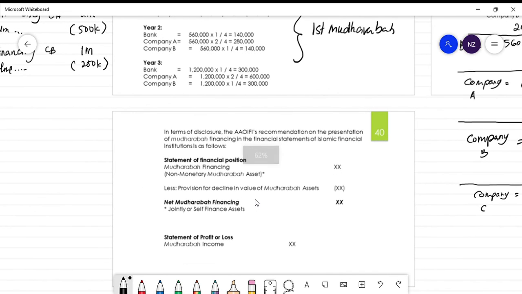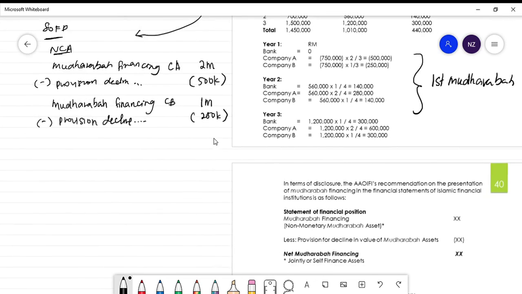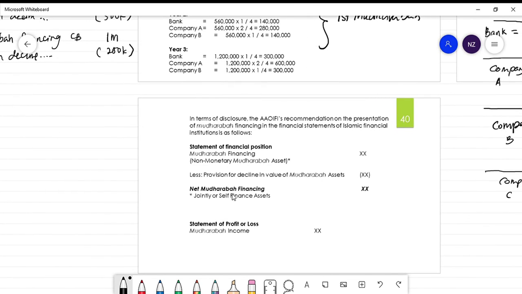Okay, dan bila awak dah settle kakak dia punya profit, this is the extracted SOP and SOC lah. So from the calculation tadi, amount tu tadi awak kena transfer to kita punya financial statement. So this is how to disclose lah dia punya financial statement as according to IOF, right? Like dalam SOP nanti awak kena masukkanlah mudharabah financing. Ini adalah amount capital yang kita provide dalam for the mudharib tadi tu. So ini sama je ni, sama dia punya konsep macam this one yang saya buat tadi tu. Okay, then bila you minus, you will get net mudharabah financing kan.